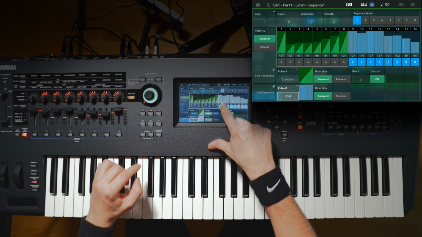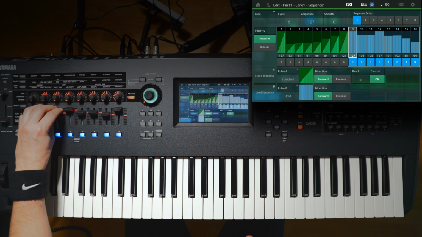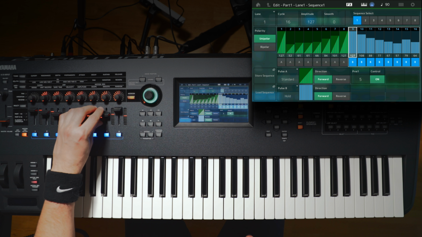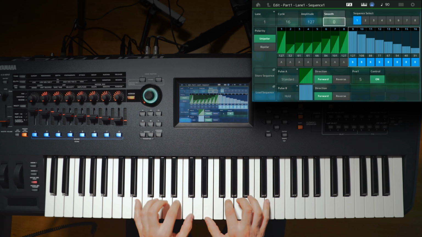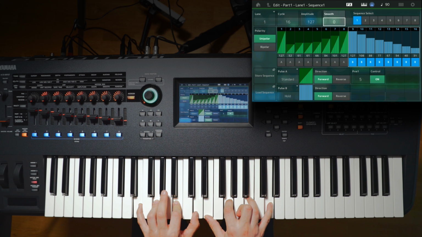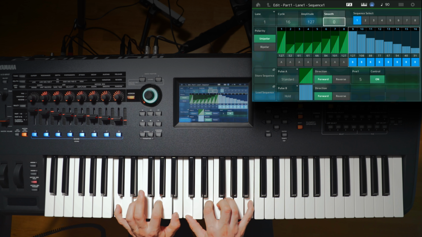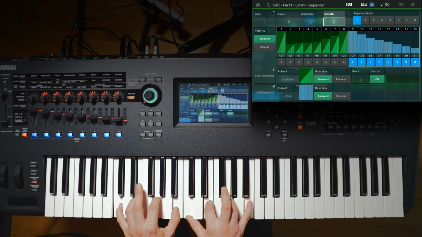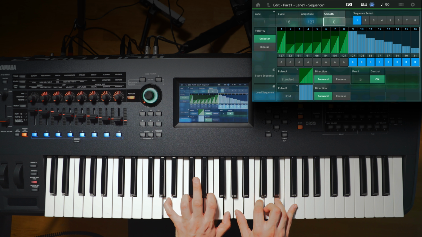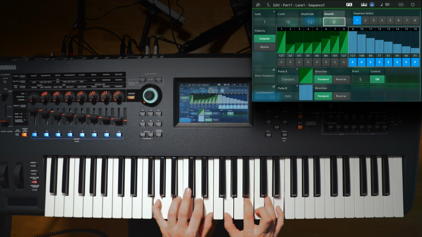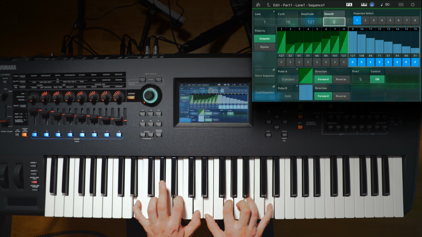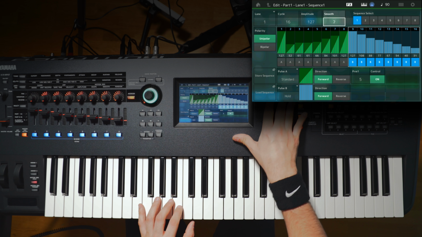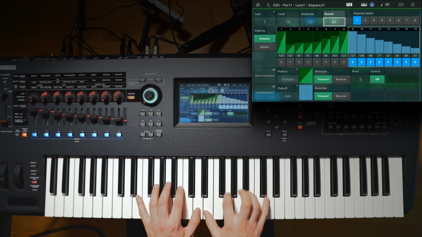And now I can go like this, and I can just and I can smooth it out. So if you want to make it a little bit more smooth,